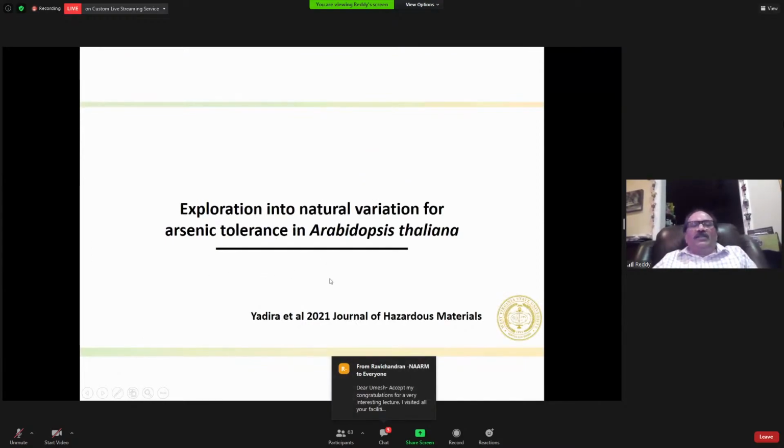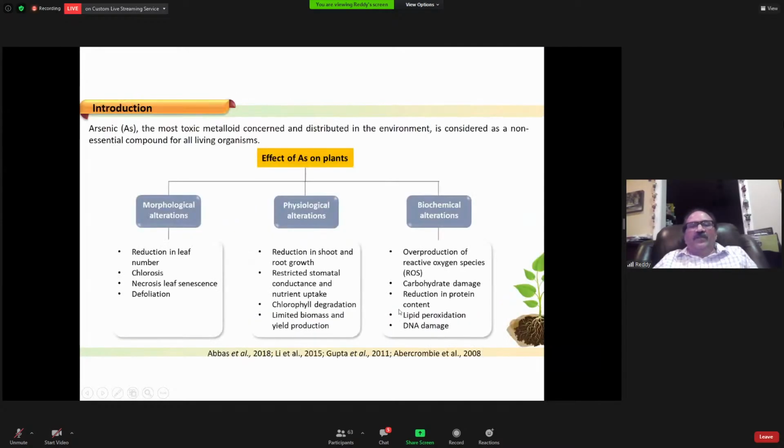So similarly, arsenic is a huge problem in this area. Arsenic causes cancers, Alzheimer's, diabetes, and many more things, including sexual incompetence. Arsenic is a very deadly chemical that does not have any benefit, a very hazardous chemical. So a student was working, and she published in the Journal of Hazardous Materials. Plants also show chlorosis, necrosis, defoliation, reduction in growth, and reactive oxygen species accumulation. So it is such a nasty, very toxic metal.